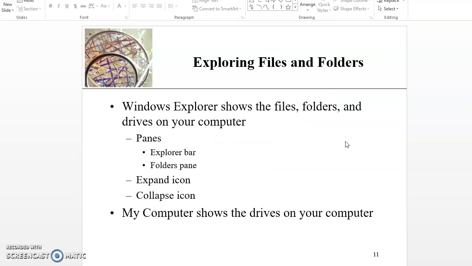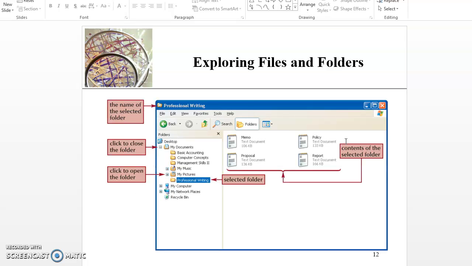Exploring files in the folders. Windows Explorer shows the files, folders, and the drives on your computer. There are panels: the Explorer bar and the folder panel. Expansion icons and collapsing icons show the directory on your computer. For example, when you're exploring files in the folders, there is this side called the